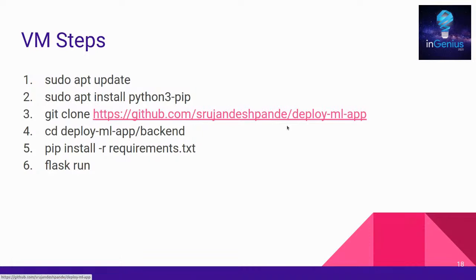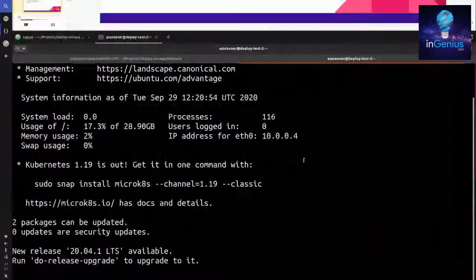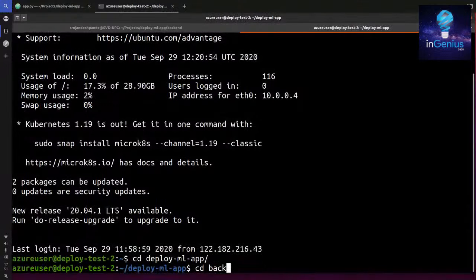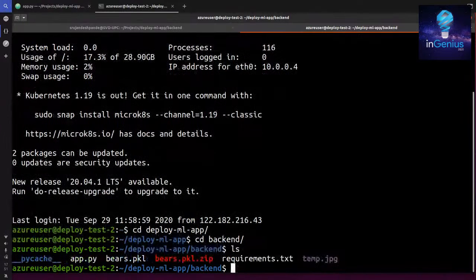And we're going to just clone the repository which I've already made. And we'll go into the backend folder, we'll install the requirements using pip install -r requirements.txt and run the server using Flask run. Now the dependencies do take a bit of time to install, so that's why we've got a machine with all of them set up already. As you can see, if I navigate to the virtual machine, you can see I've got all my code here. And if I just do Flask run,